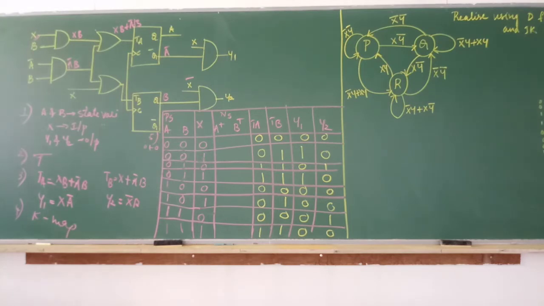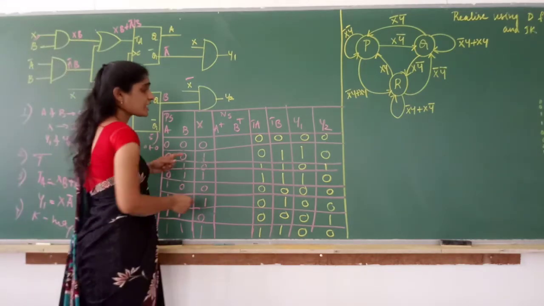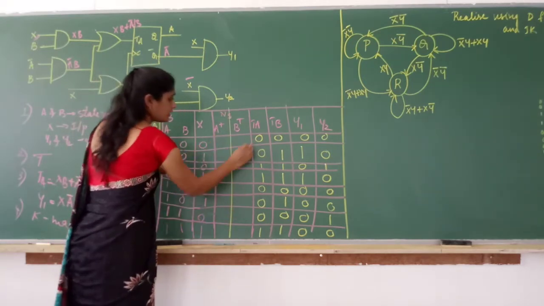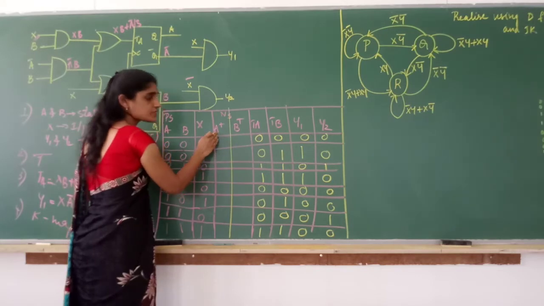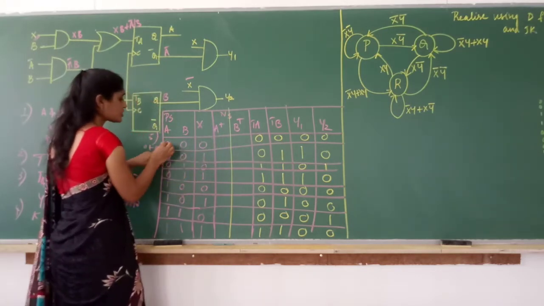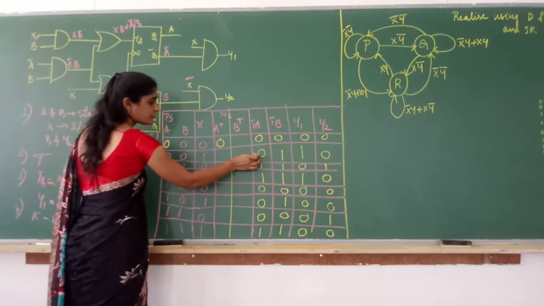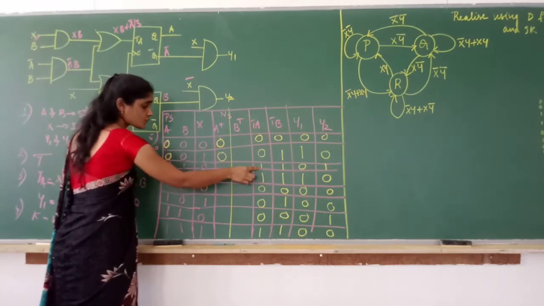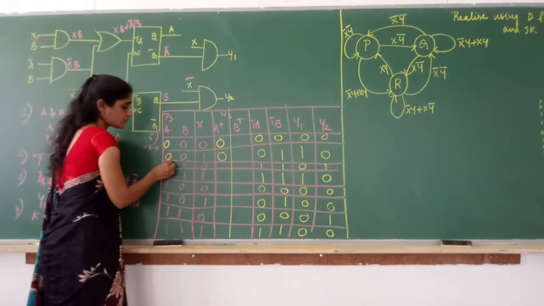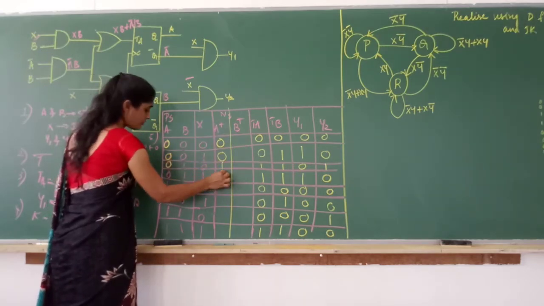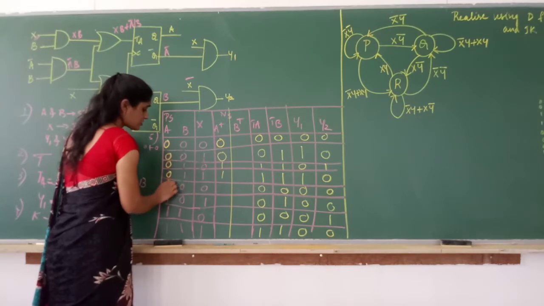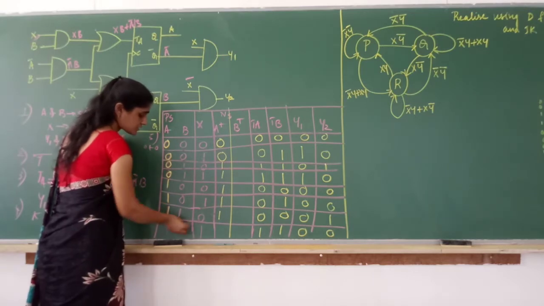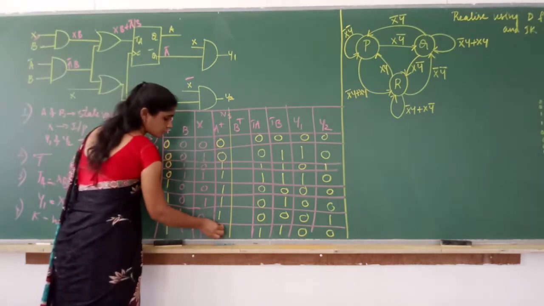Yeah. Okay. So now how do you write A plus, B plus? By looking at the function table of T flip-flop. If T is 0, what is next state? If input TA is 0, what is A plus? A plus will be same as previous state. What is previous state? 0. So this will be 0. If T is 1, next state is the complement of previous state. Previous state is 0, so this is 1. Same way, please fill it. T is 1, so next state is the complement of previous state. Previous state is 1, so this will be 0.